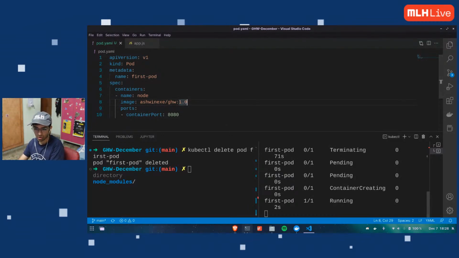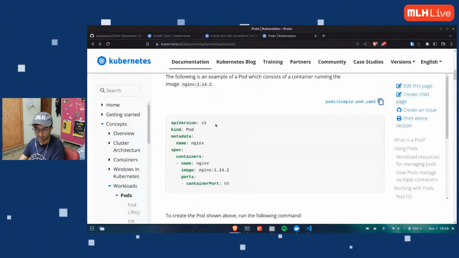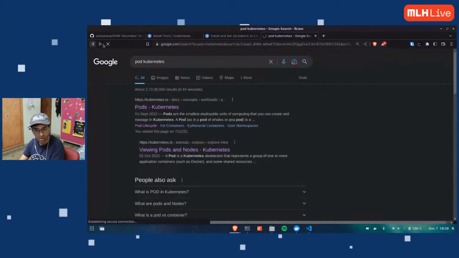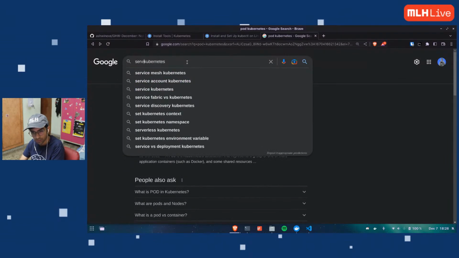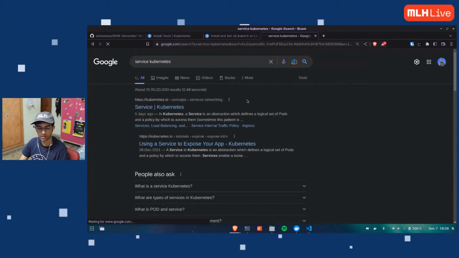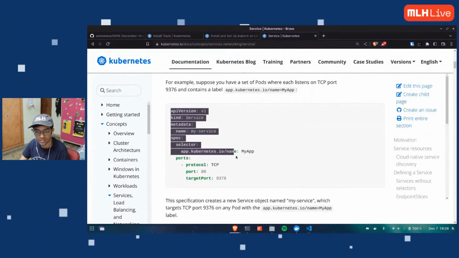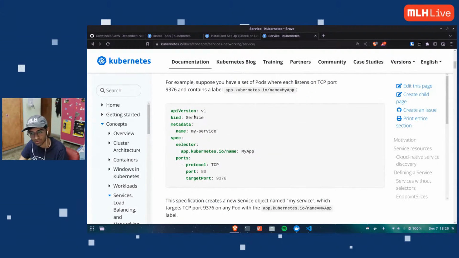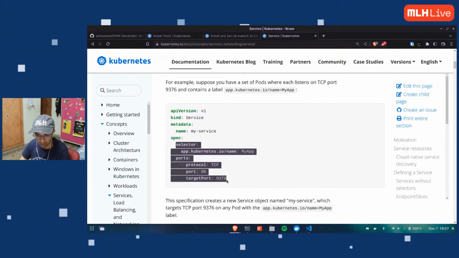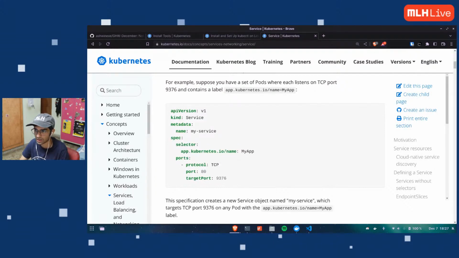Kubernetes has something called a service. So I'm going to use a service to expose my pod. If I just Google search what is service, I'll again see a basic standard format of how a service is written. It's almost the same: API version, the kind changes to service, metadata, and spec. We won't worry about what is down here. It's pretty similar to this.